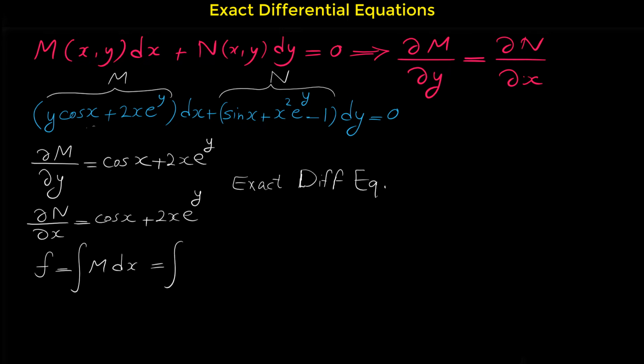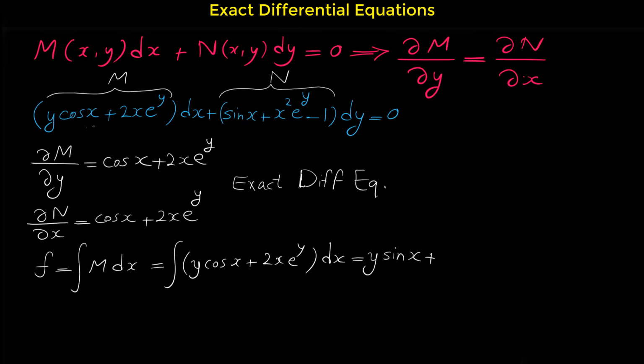So here in this example we have to find integral of y cosine of x plus 2x times e to the y with respect to x. Because we want to find integral of this expression with respect to x, y here is a coefficient, a constant for cosine of x, and we know that integral of cosine of x is sine of x. So integral of y cosine of x is y sine of x plus